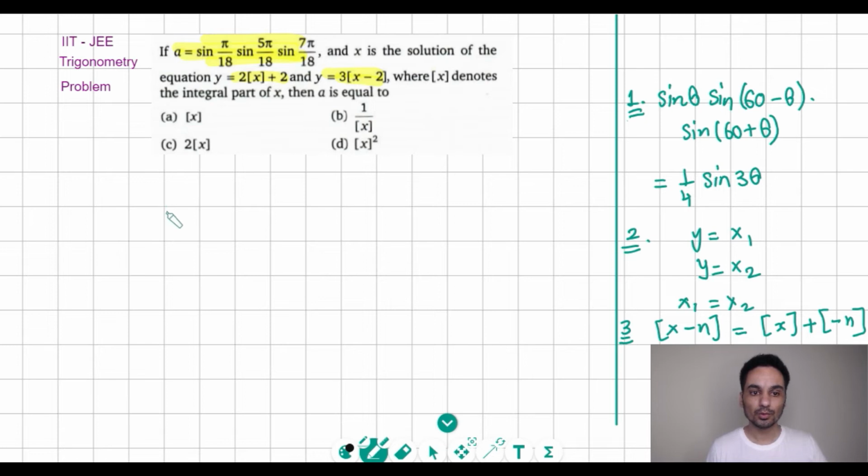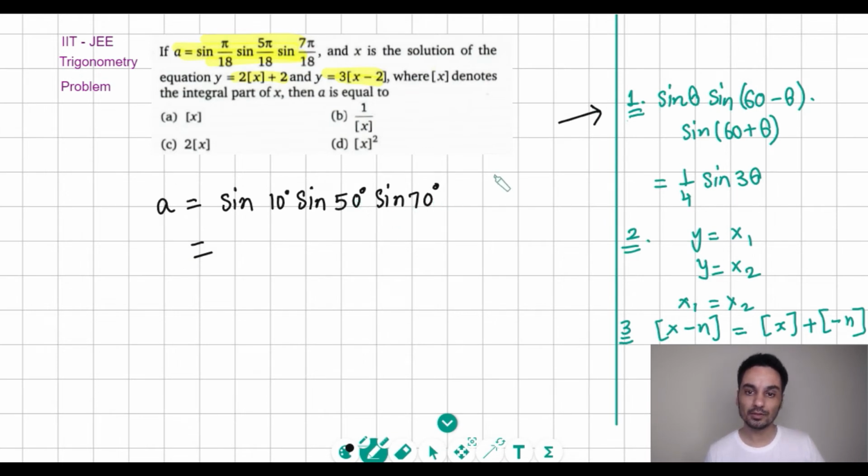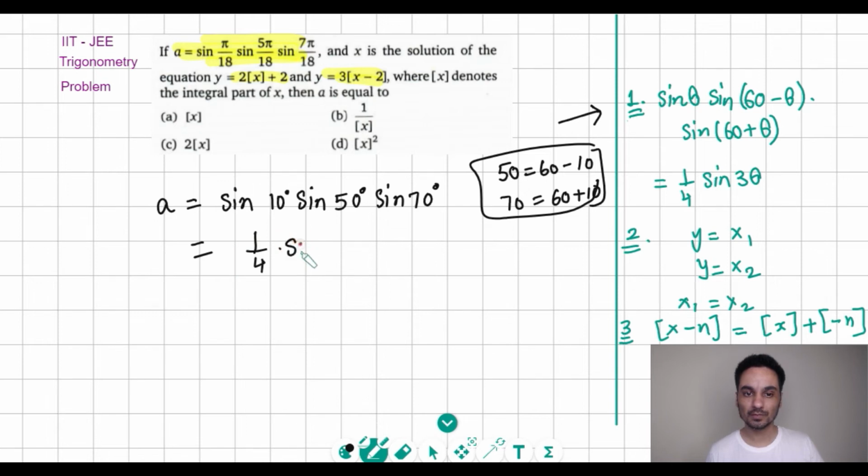So first thing first, a can be written as sine 10 degrees times sine 50 degrees times sine 70 degrees, and by using this formula we can write 50 as 60 minus 10 and 70 as 60 plus 10. So that being said, we can apply the first formula. We'll write it as 1 over 4 times sine 3 times theta, and theta here is 10. So 3 times 10,